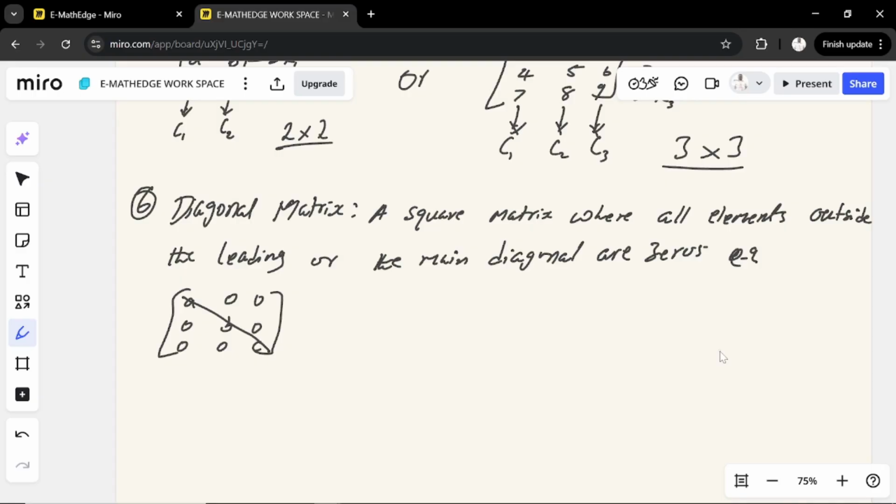So whenever you see a matrix in this form, always note that it is a diagonal matrix. Here we have alphabets A, B, C. In other cases, it might be numbers 1, 2, 3, or symbols or expressions. But the key thing to note is that the elements outside the main diagonal must be zero,